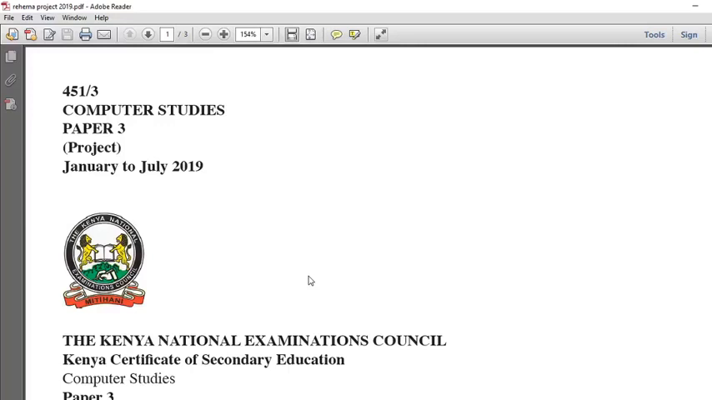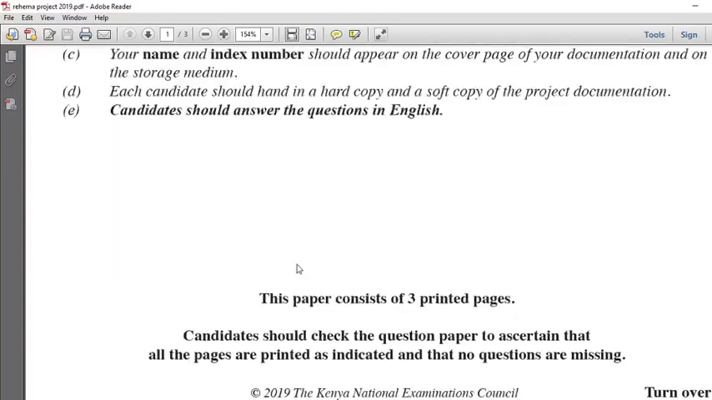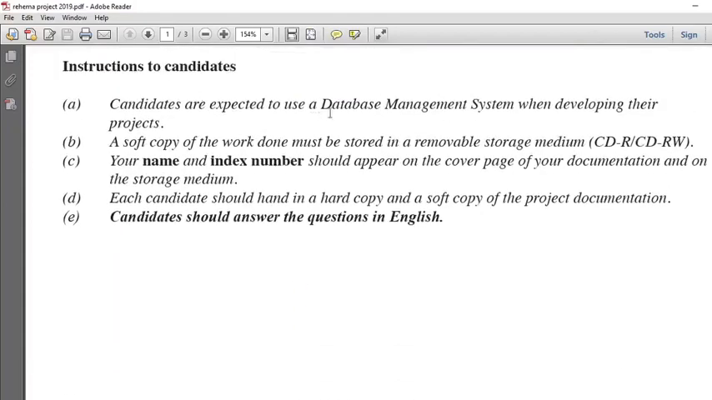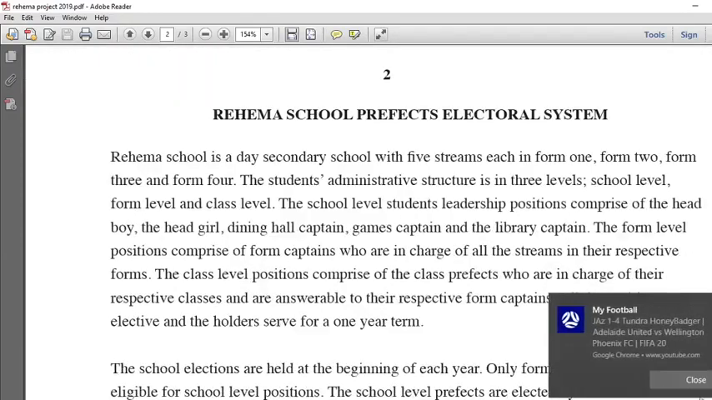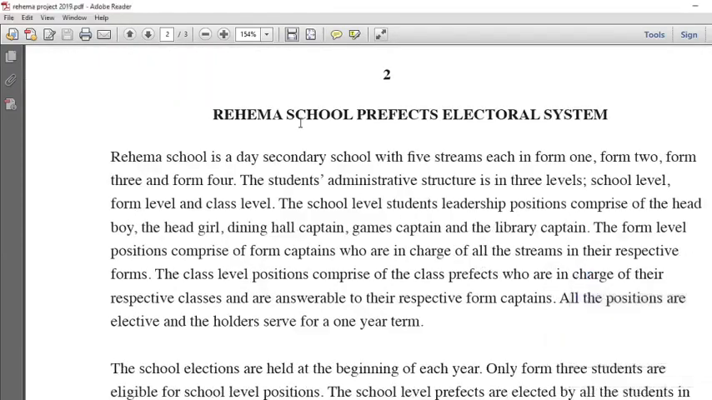Hello, I would wish to take you through the computer studies project of the year 2019. The instructions were that you are supposed to use a database management system, of which I will use Microsoft Access. Therefore, this is our system. We are creating a school prefects electoral system, and the title will be Rehema